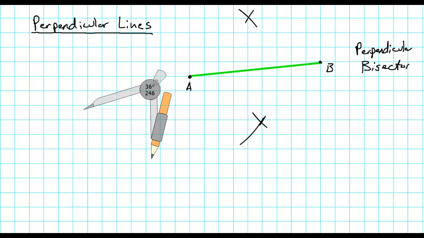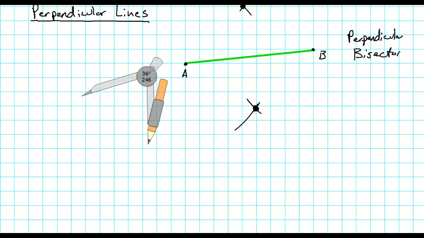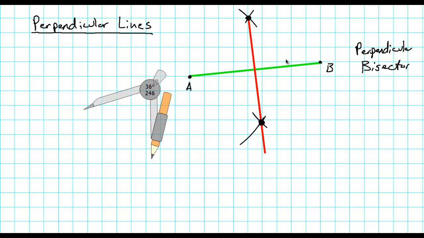So I kind of got my spot that I need. That's where those two circles would have intersected, right there and right there. So I'll take my line tool and I'll draw my line that goes in between those 2 points. I'll label it, put my arrows on it, and now I've created a perpendicular